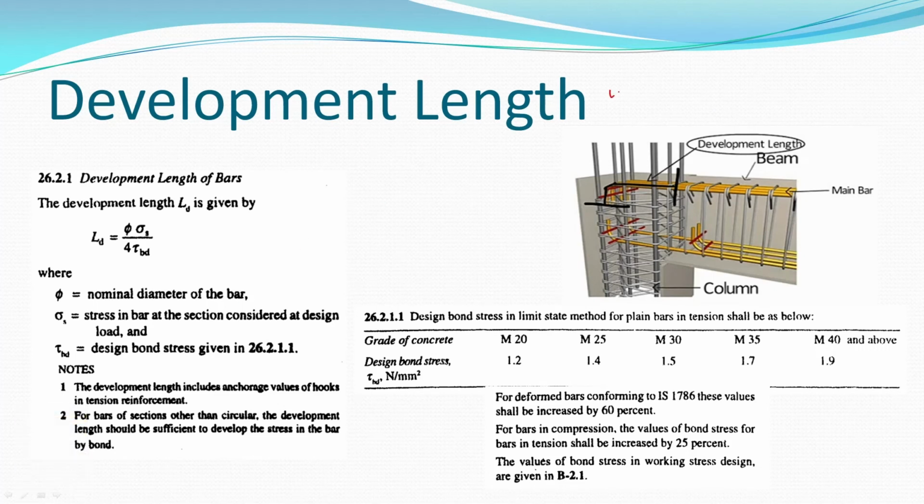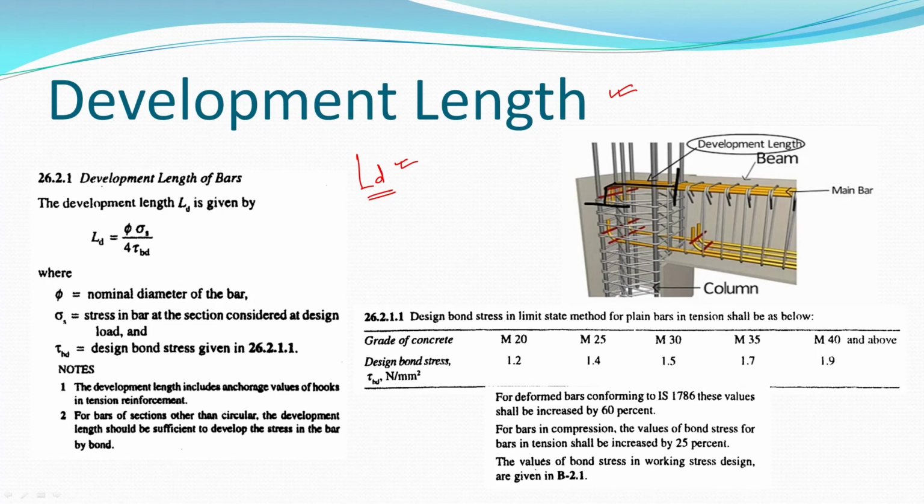So, a very important thing, the development length. Previously, in the last semester, you had the class of estimation and costing, right? There I told you the concept of the development length, which is denoted by LD. At the time of bar bending schedule of two-way slab, I told this particular thing, but how the value of this LD came, now I will show you over here.